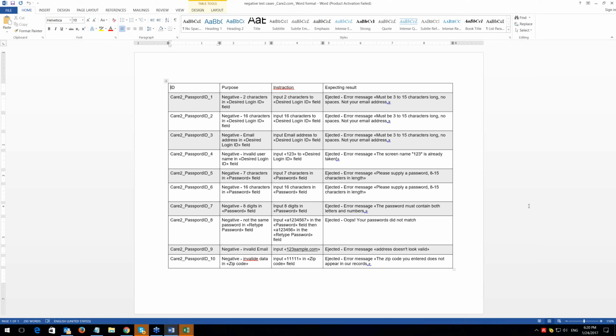So, why is it so important? Let's say the instruction that I'm highlighting here is that the login ID should be between 3 and 15.